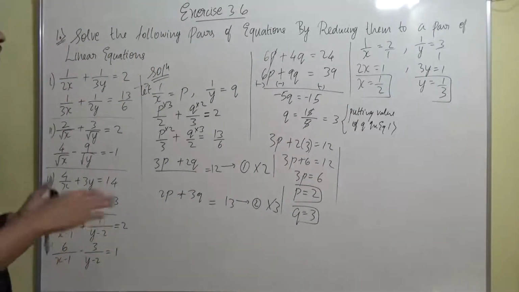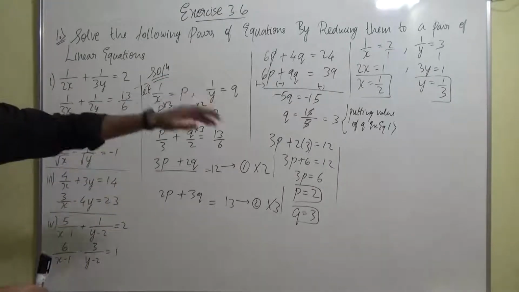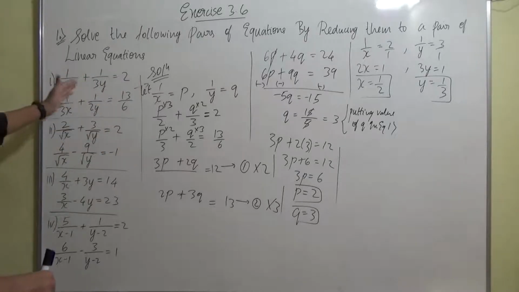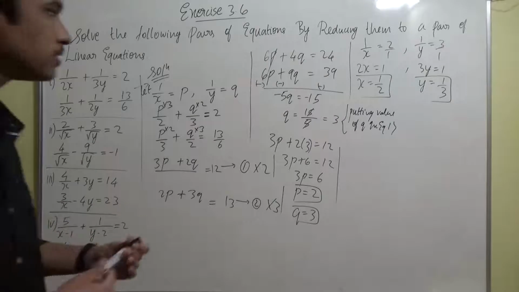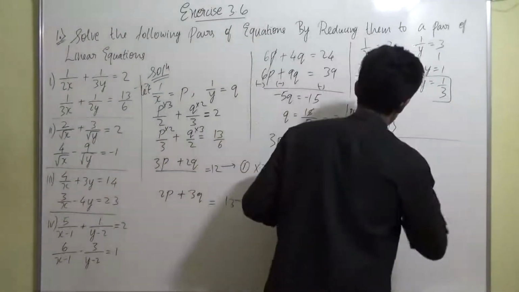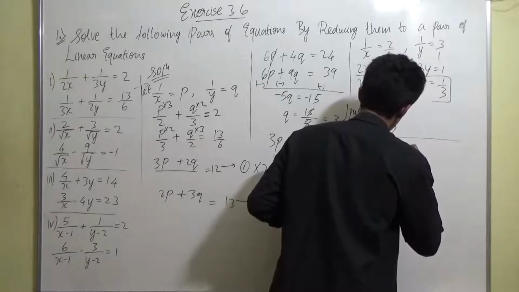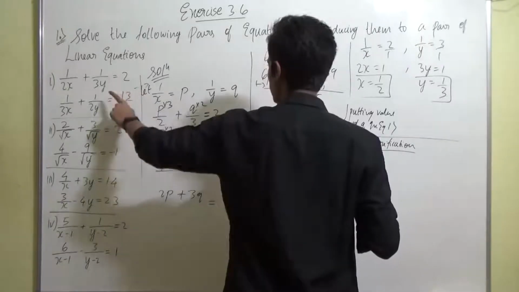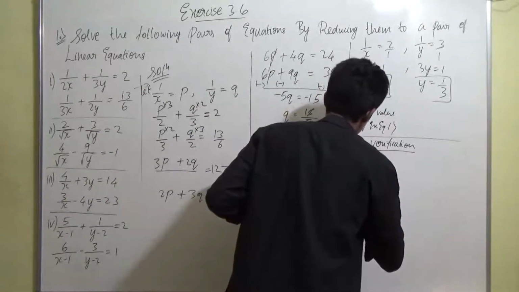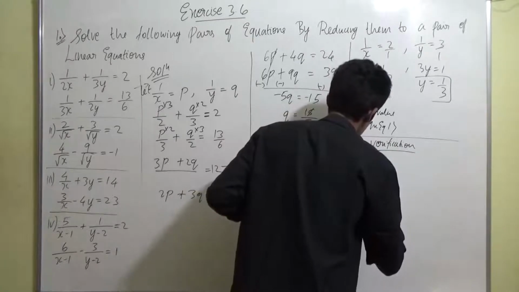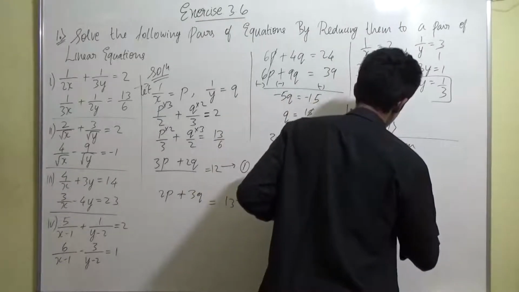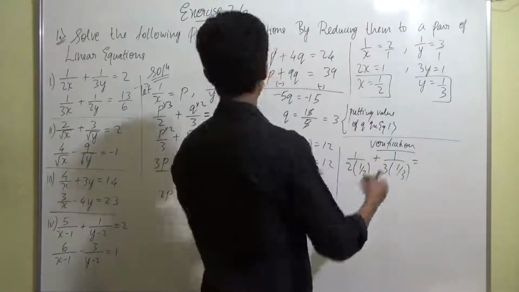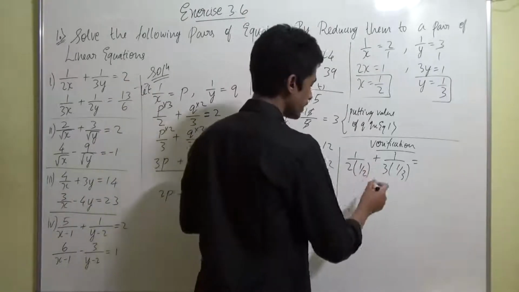Right, now let's verify this value of x and y. How will you verify? Substituting those two values back into these two equations. You should see that if LHS will become equal to RHS, then we'll say it is verified. So we'll do the verification step here. Right, I'll put the values of x and y back into these two equations. So I'll first put in equation 1 by 2 into x is 1 by 2, right, plus 1 by 3 into 1 by 3. We should see whether this comes out to be equal to 2, because in RHS we should get 2.